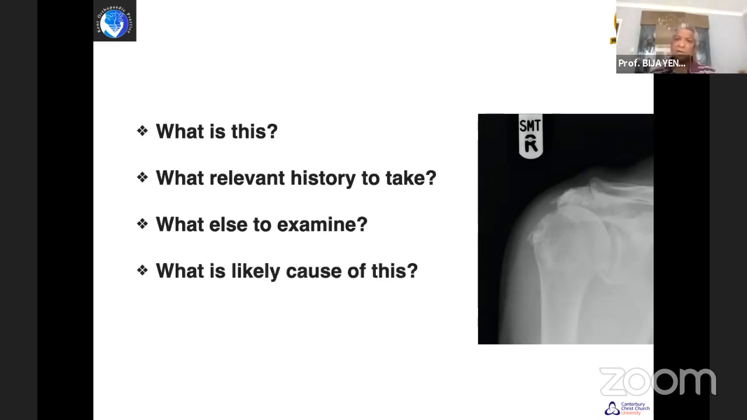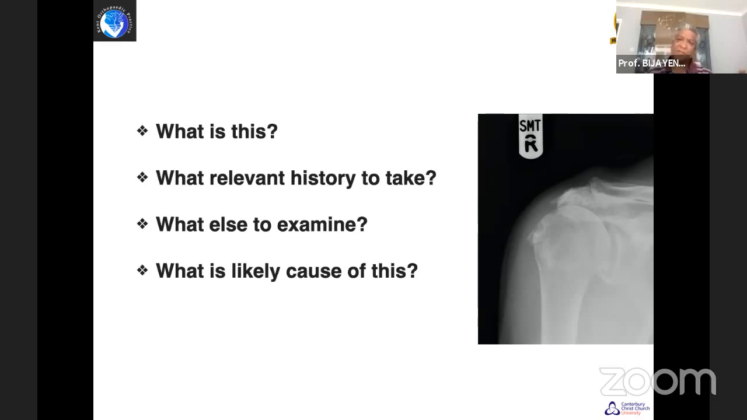What's the likely cause for this? The most common cause is an underlying rotator cuff tear, a long-standing rotator cuff tear, which causes the shoulder to become imbalanced and leads to the humeral head migrating proximally. And the deltoid then takes on the main function of the abduction. But because of mechanical disadvantage,